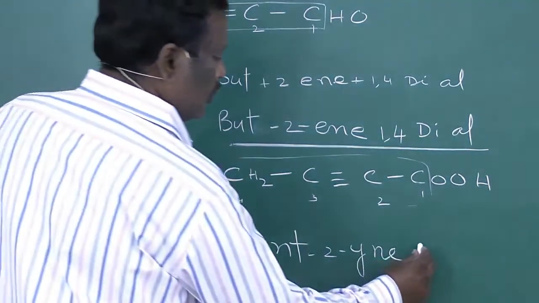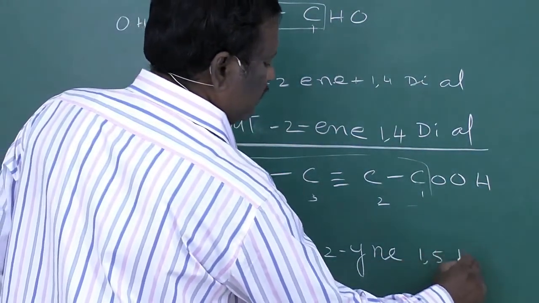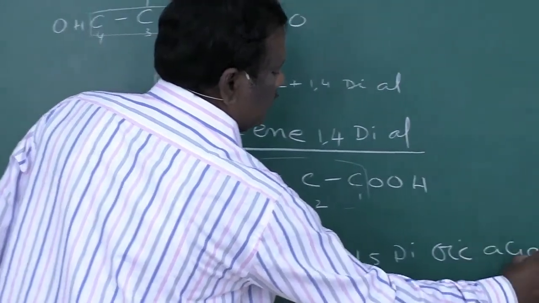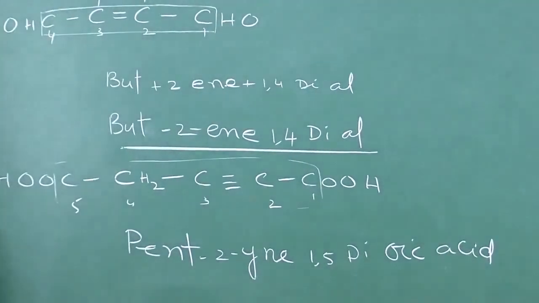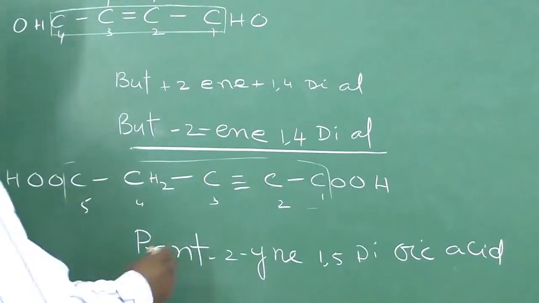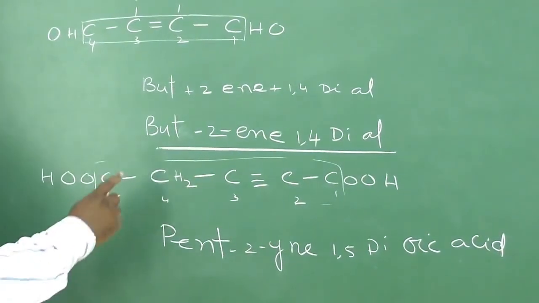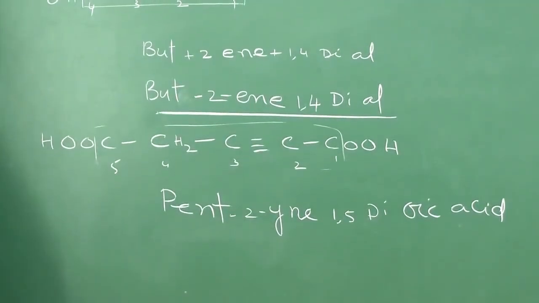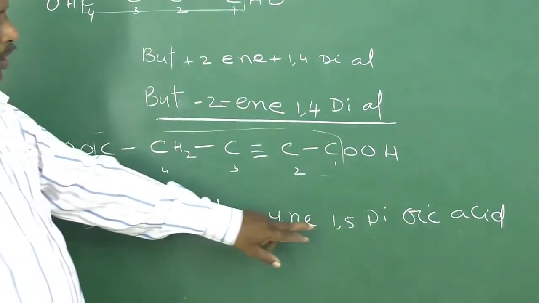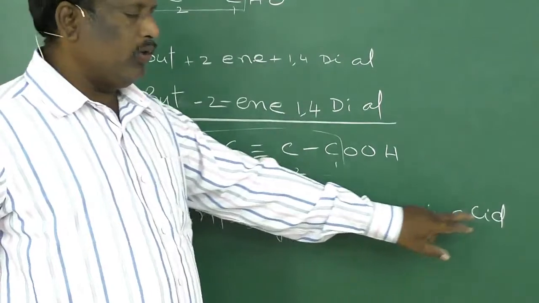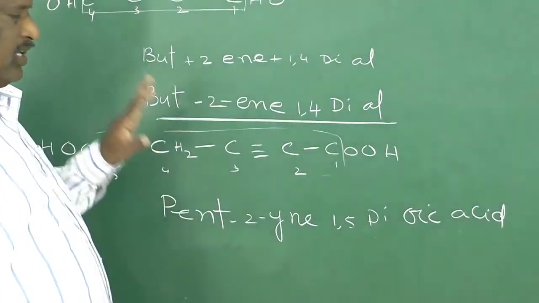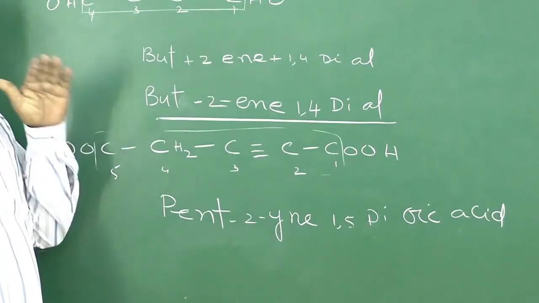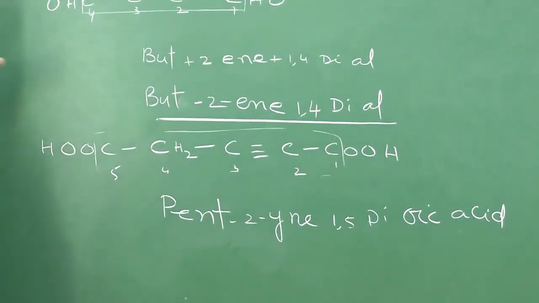So 1,5-dioic acid. So the name of this compound is pent-2-yne-1,5-dioic acid. The main thing that you have to remember here: when two or more similar functional groups are there, while adding the secondary suffix,